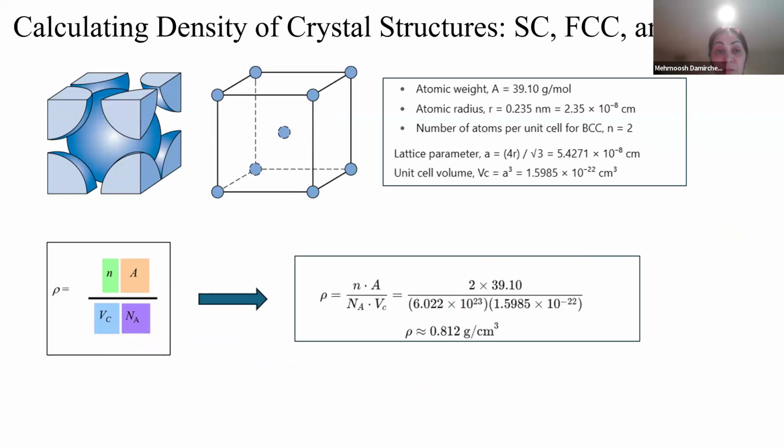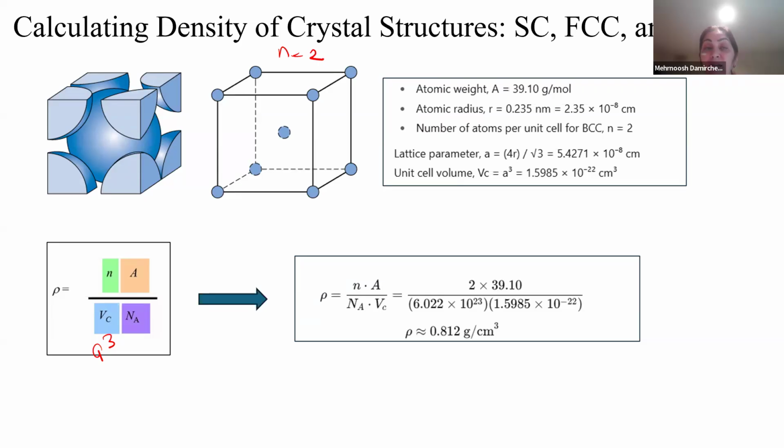Again, if you remember from the first slide, we talked about that N is 2. We have 8 atoms at the corner, 1 per 8 belongs to this unit cell, and 1 at the center that 100% belongs there. Totally it is 2. What about the volume? For volume, we need A cube. You should find the relation between A and R.